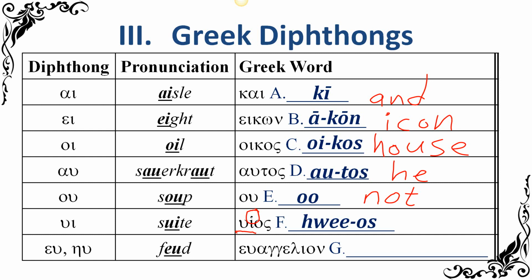So the two are functioning together to make one vowel sound, and it's always going to go on the last one that is a part of that sound for writing it. But for pronouncing it, you remember the rule of H. H goes on the front when you actually sound it out, but it moves to the back if it's a diphthong, which is just weird and crazy. Yeah, huios. And again, this is another Greek word that can mean a lot of different things, but basically it means son.